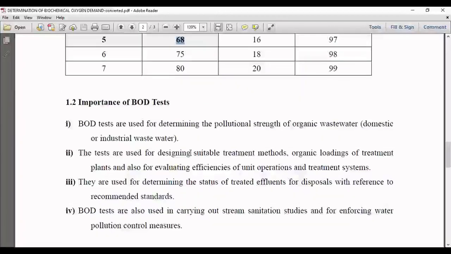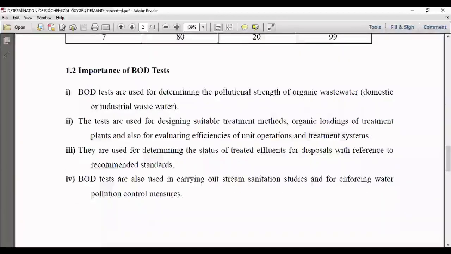Now, what is the importance of the BOD test? Right, very important. BOD tests are used for determining the pollution strength, which I have already said. The BOD tests are used for determining the pollution strength of organic wastewater, domestic or industrial wastewater, both. So I'll be getting the pollution strength, and that is the